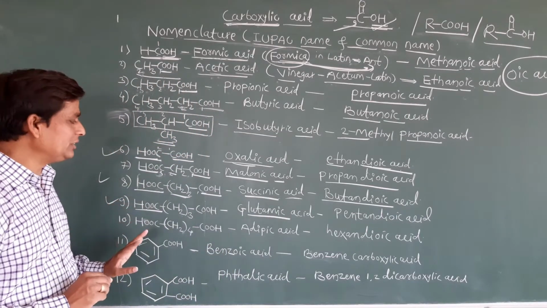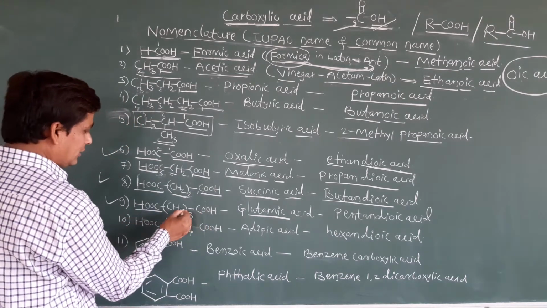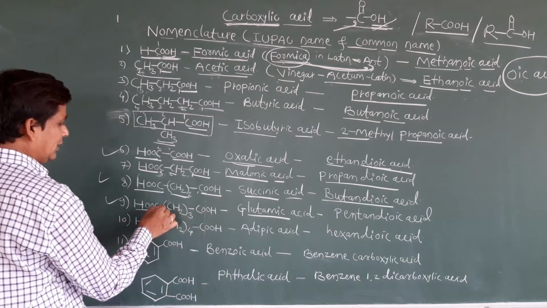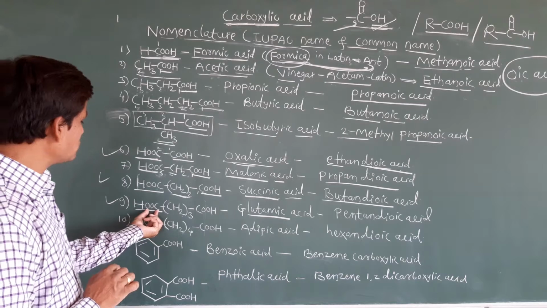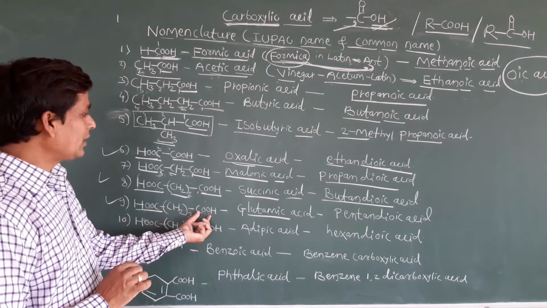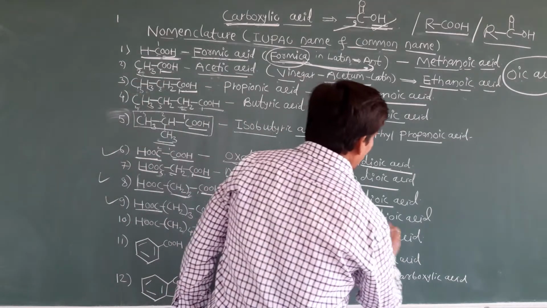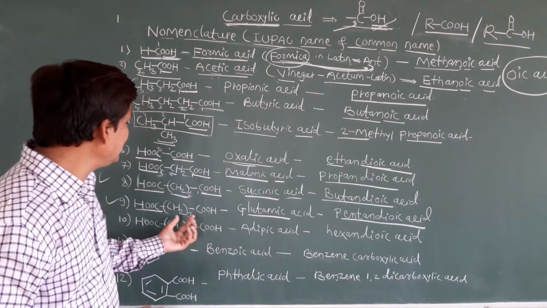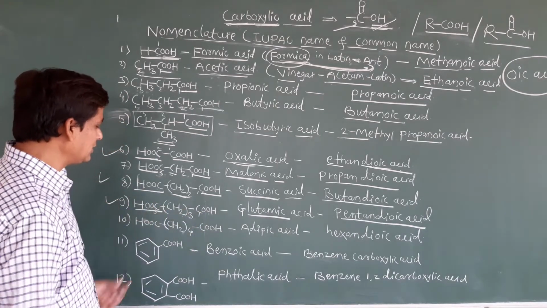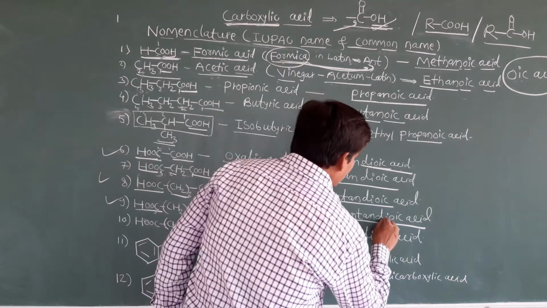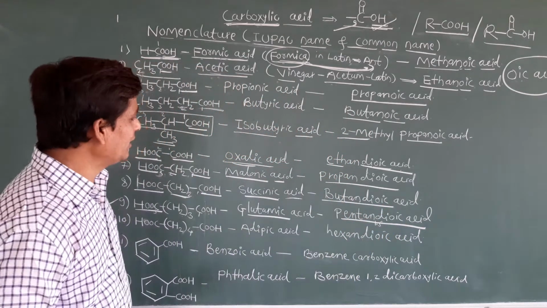And when you give the IUPAC name, total carbon how much? You can start the numbering from this side. Okay, so 3 carbons: 1, 2, 3, then 4, 5. Total 5 carbons. The last, 5th carbon also contains a carboxylic acid. We can say pentane 1,5 dioic acid, or directly you can write pentane dioic acid. The first carbon contains the carboxylic group, and this 5th carbon contains the carboxylic group. We can write pentane 1,5 dioic acid. Like this also we can write.